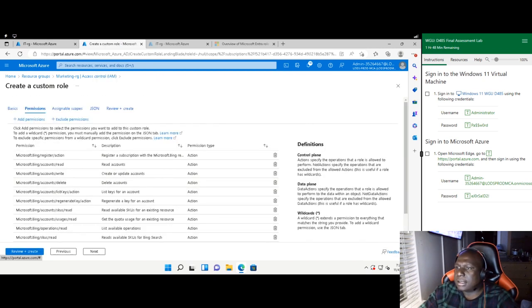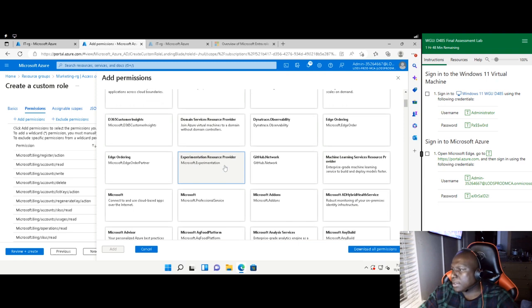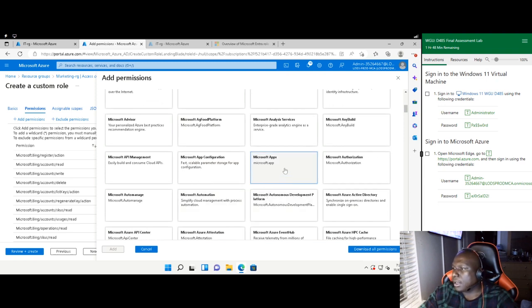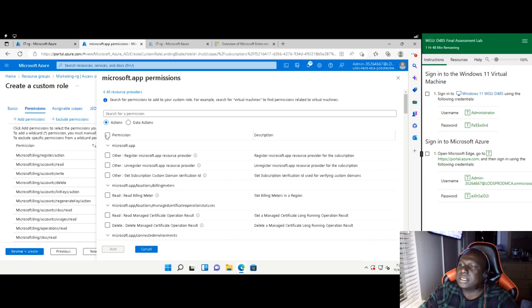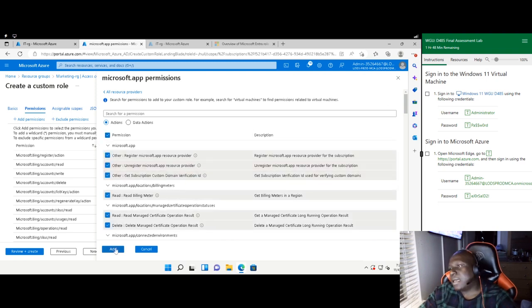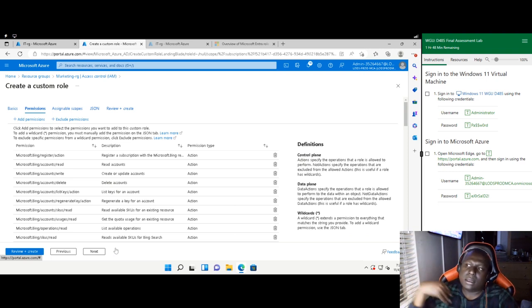If we also open permissions, we can look for something else they can be given. We can give them access to Microsoft apps. That way, when they launch their VMs, their virtual machines, they'll be able to launch any Microsoft applications that we have a subscription with. So if it's going to be Outlook, if it's going to be Microsoft Word,